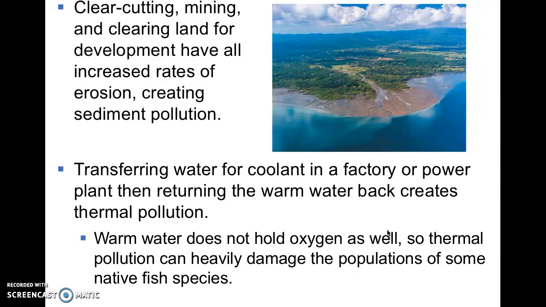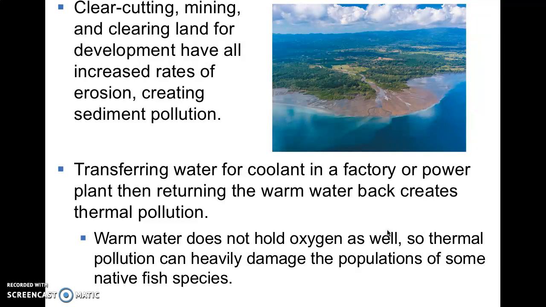Also, agriculture and habitat modification can cause pollution. Clear cutting, mining, and clearing land for development have all increased rates of erosion, which leads to sediment pollution. As these sediments are moving around, they are carrying eroded soils to different rivers from where they were. Some bodies of water are naturally sediment rich, but others are not. So that can really affect the composition of a river. The aquatic habitat can change drastically, and fish that are adapted to clear water without a lot of sediment may be killed